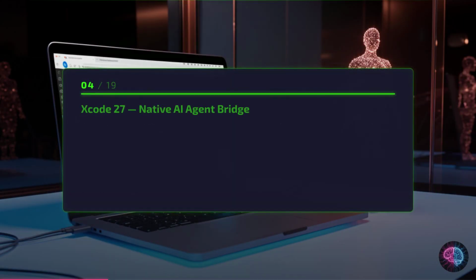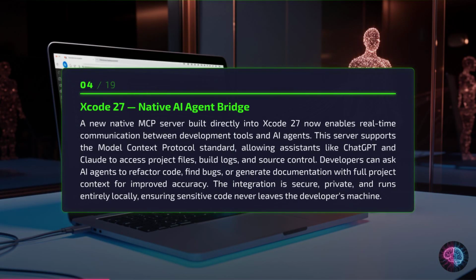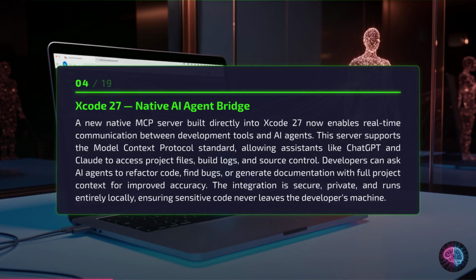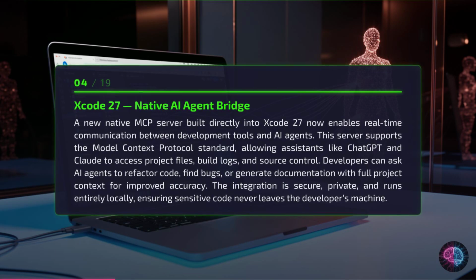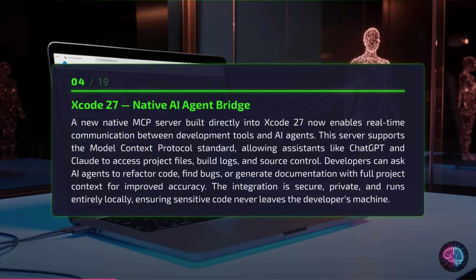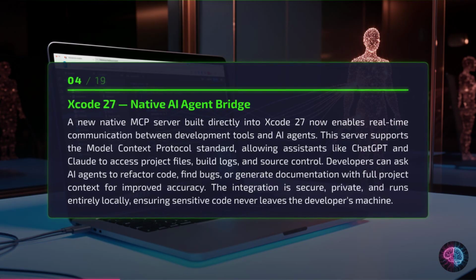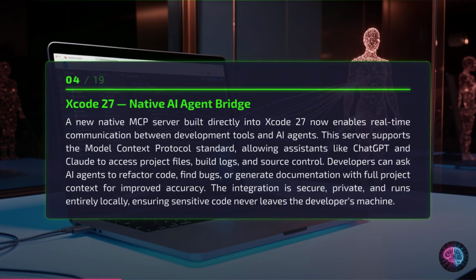A new native MCP server built directly into Xcode 27 now enables real-time communication between development tools and AI agents. This server supports the Model Context Protocol standard, allowing assistants like ChatGPT and Claude to access project files, build logs, and source control. Developers can ask AI agents to refactor code, find bugs, or generate documentation with full project context